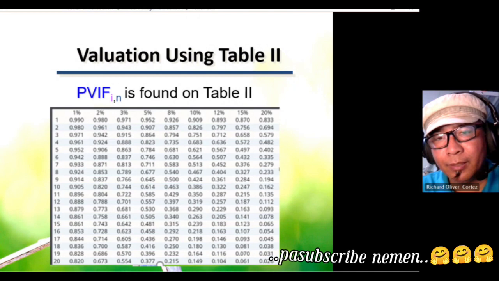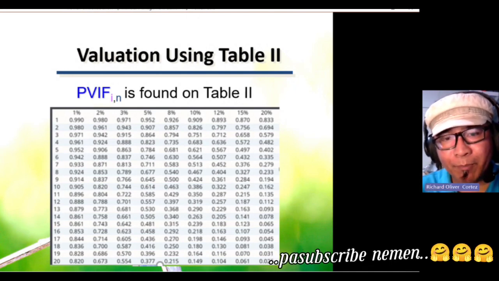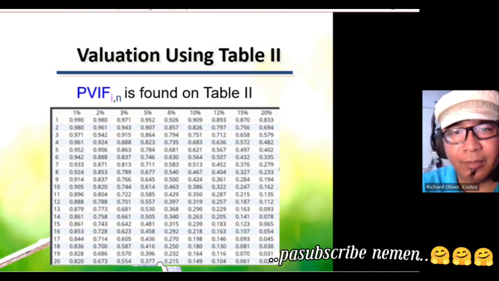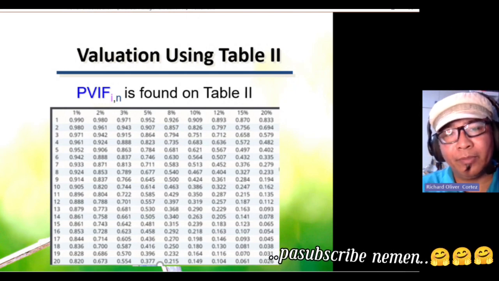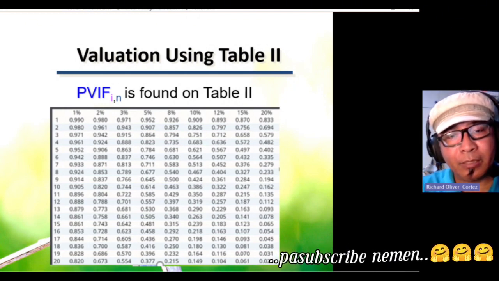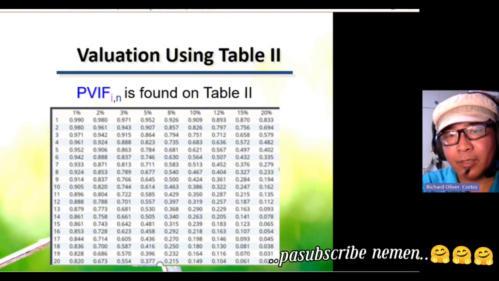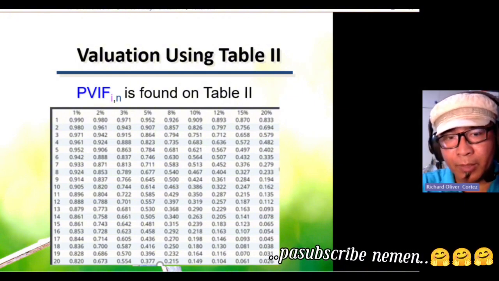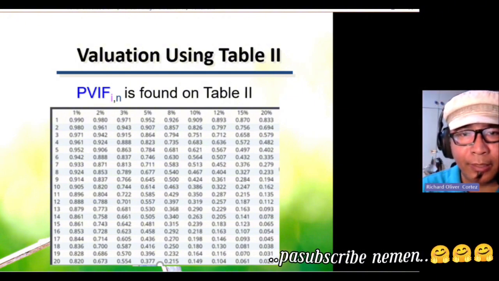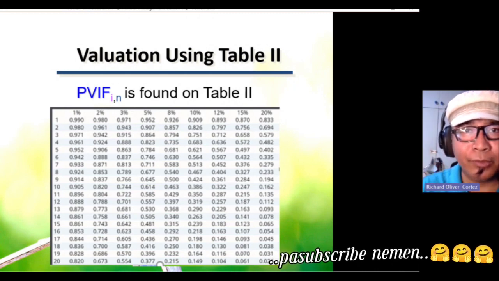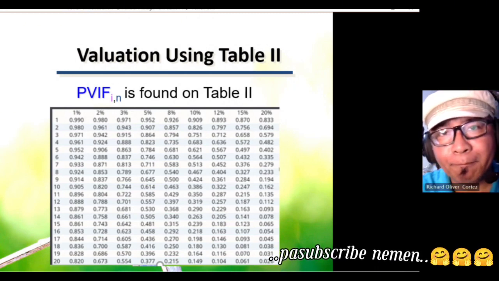Lahat ng table number 2 na makukuha nyo, pareho-pareho ng amount yan. Maybe they have a different presentation, different colors of the grid lines, different number of columns, different number of rows,